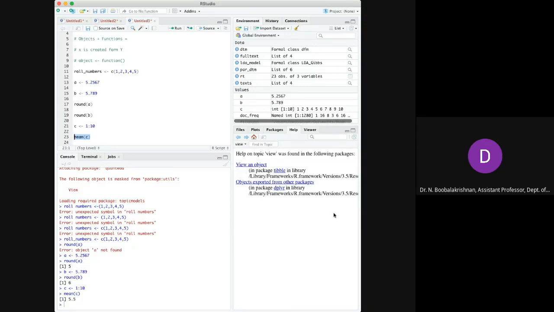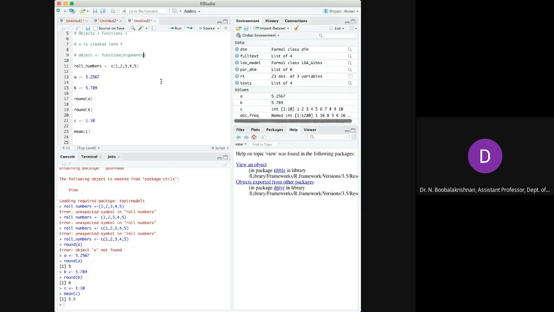Now we pass the instruction, which is going to be the function and the arguments. This is the object, this is the function and this is going to be your arguments.